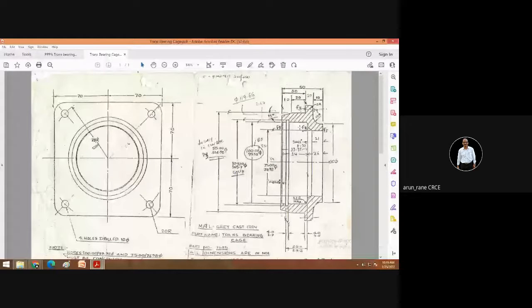During handling, you have to see that there should not be any marks, abrasion marks, or if the parts are colliding with each other, there should not be any marks on these surfaces, which have very close tolerances.